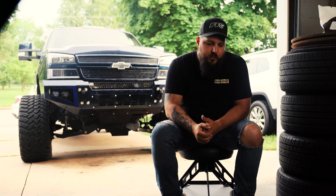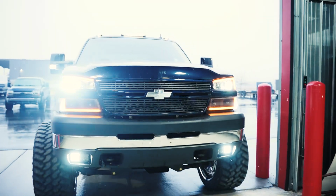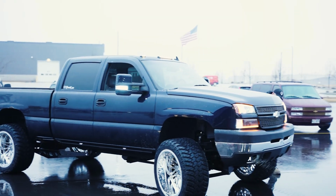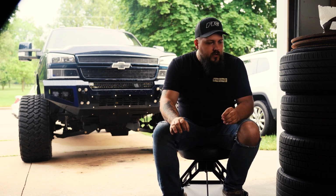because of those beautiful retrofits that the guys over at Performance Auto Lighting in Minnesota built for me. It's honestly one of my favorite mods that I've done to the entire truck, right next to those beautiful TIS forged F57s. Number 4 on the list of things that I love about my LBZ Duramax is that parts are